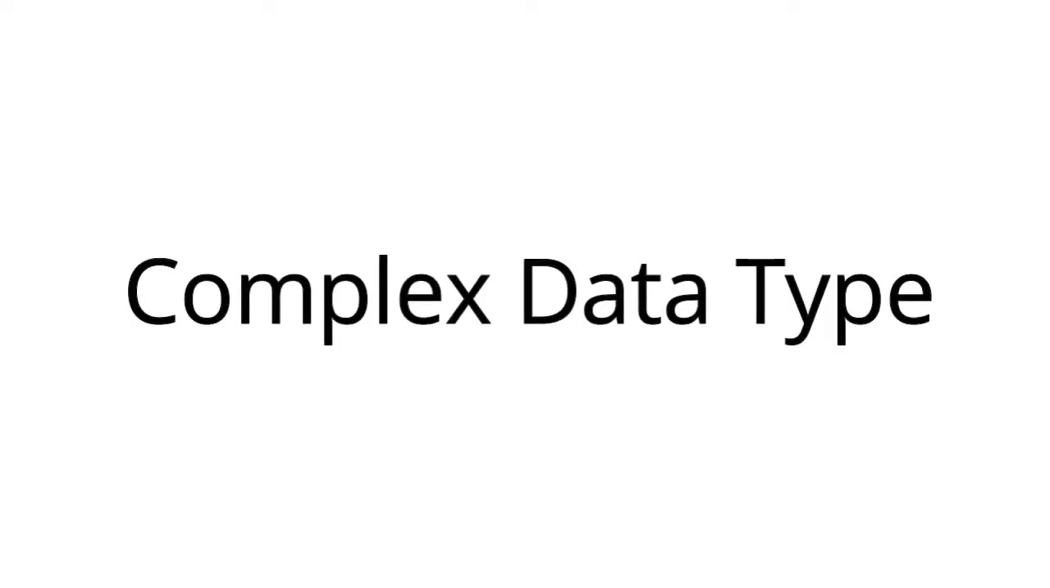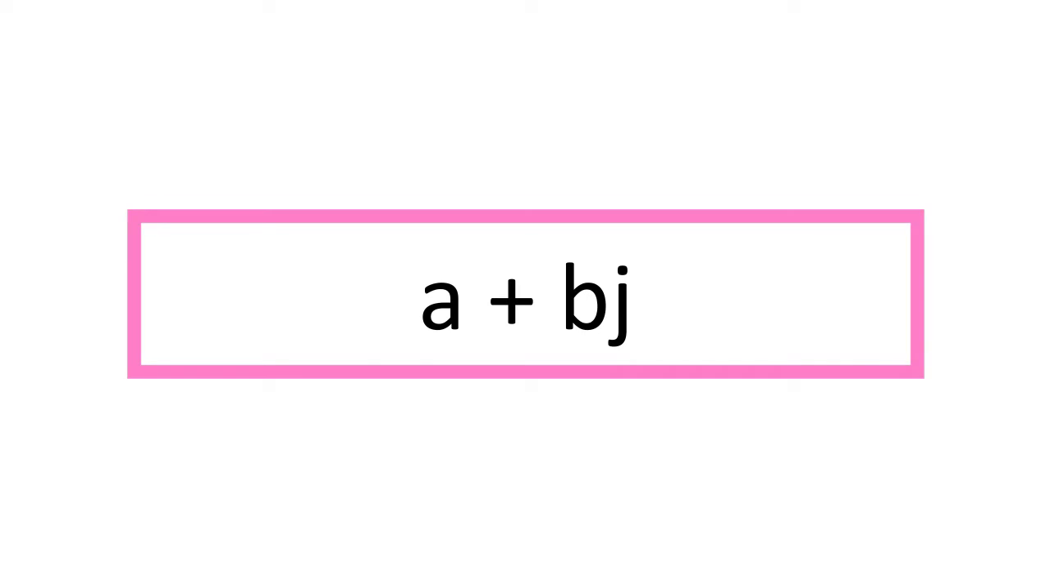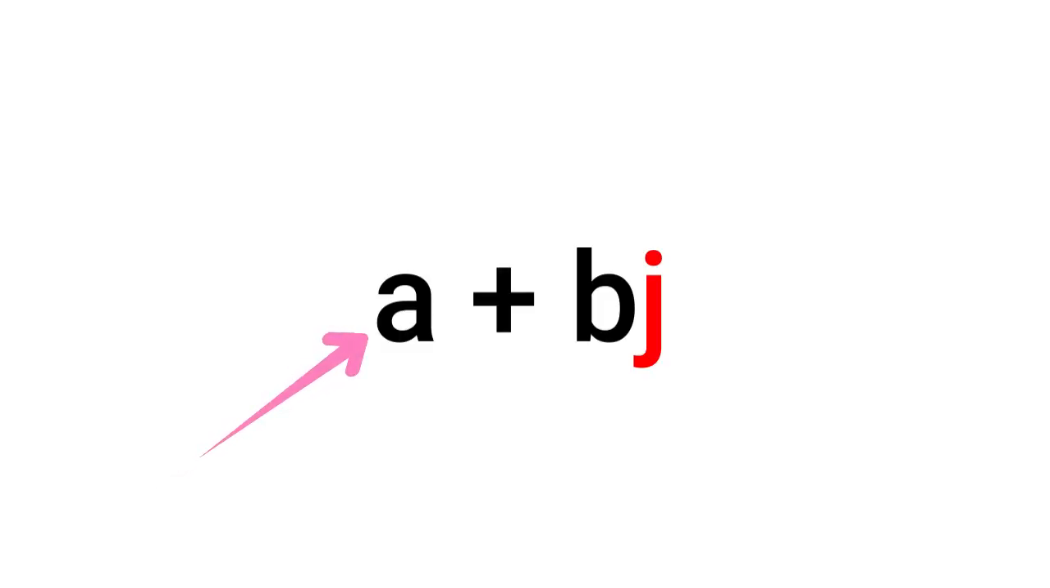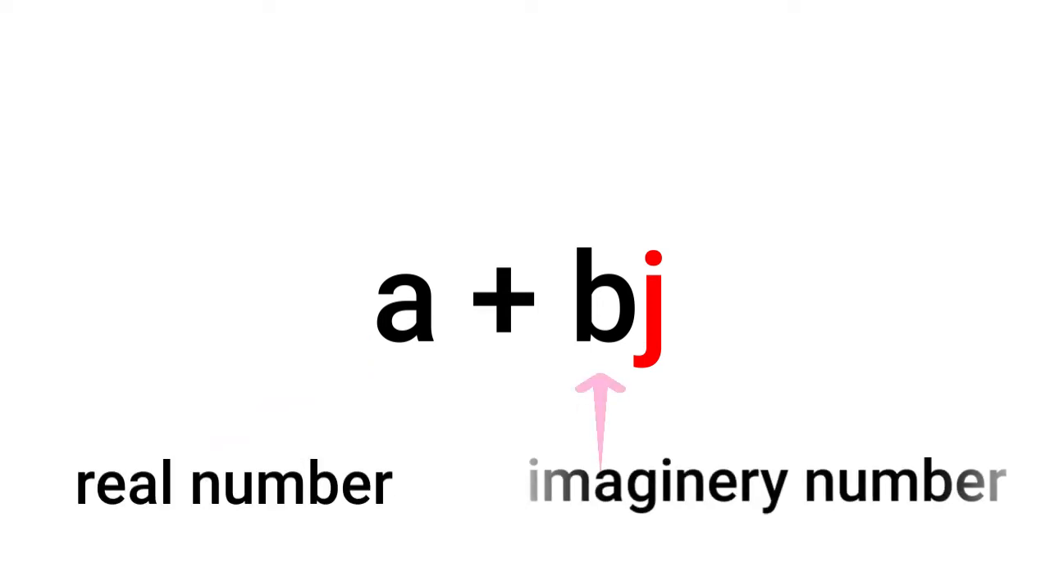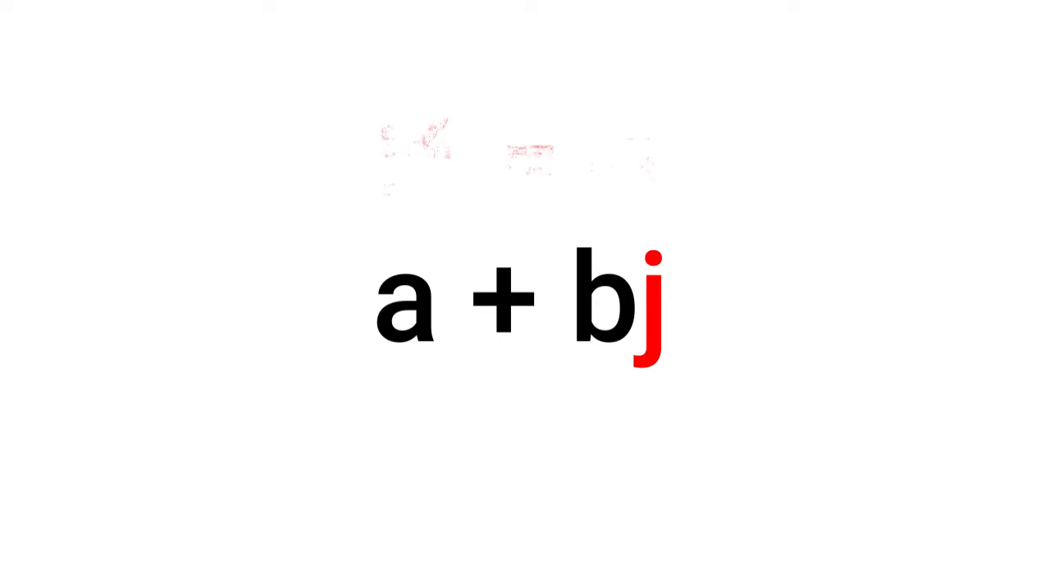Today we will learn what is complex data type in Python. A complex number is in the form of a plus bj, where a is a real number and b is imaginary number. Where j square equals -1, and you can say j equals root -1, and you have to remember